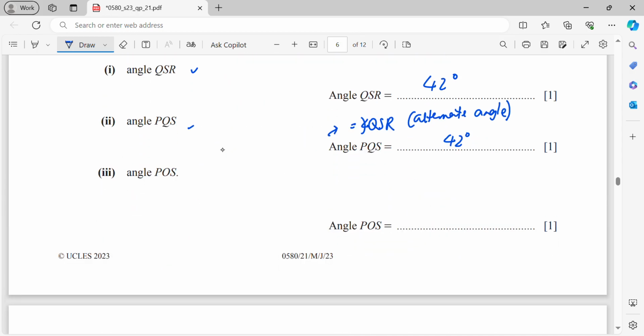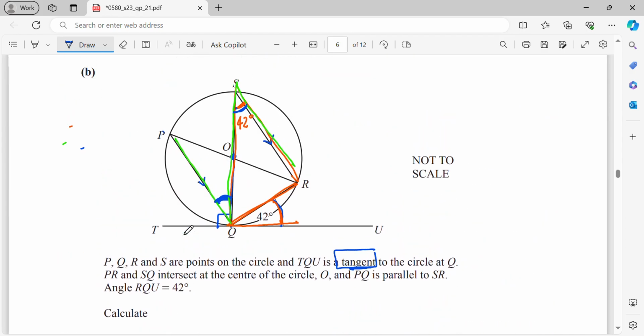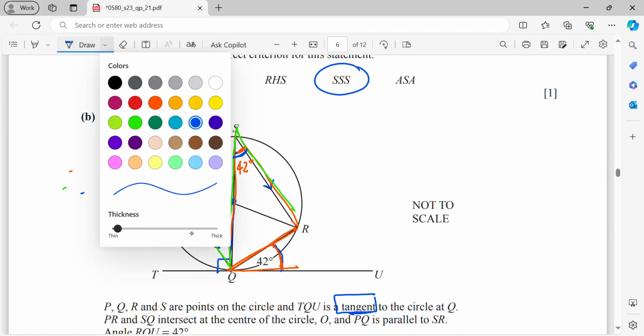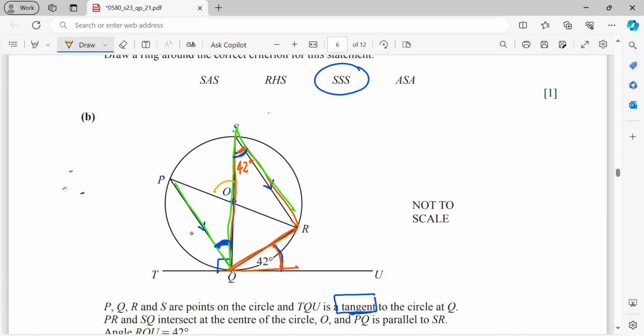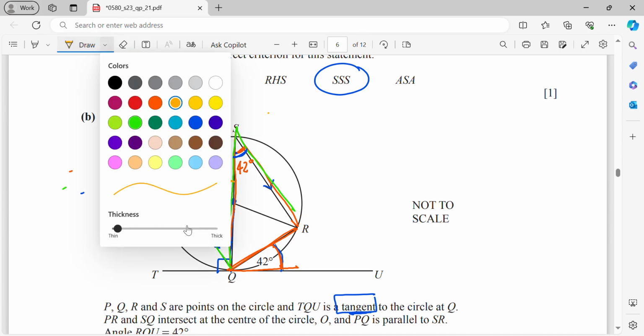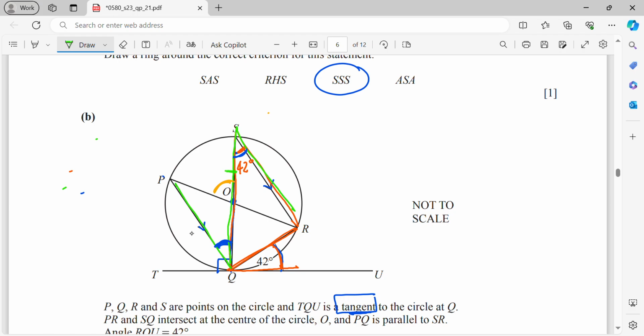Next, angle POS. So angle POS, here. Now I will say that OS is a radius, OQ is a radius. So if both are radii, that means here is 42 degrees. If here is 42 degrees for both, now you can just use this concept. This green color or this brown color